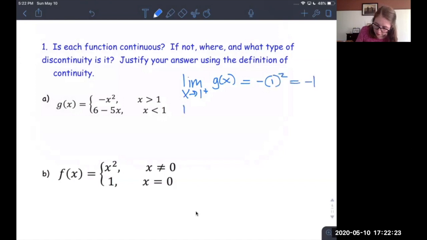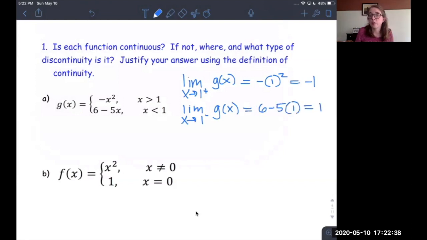And then I'm going to see what's going on with my limit as x approaches 1 from the left side. And that's going to be using the bottom line where the values are less than 1. And that's going to be 6 minus 5 times 1, or 1. So this is showing me that the right and the left-hand limits are both finite, but they're not the same, which means this is going to be a jump discontinuity because the two pieces are going to be coming at each other like that. So I'm going to say that we have a jump